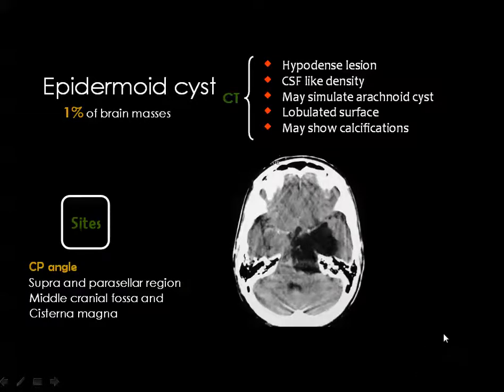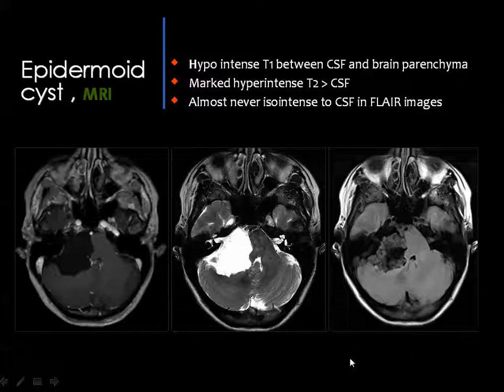In the epidermoid cyst, the main location is the cerebellopontine angle. And it has a lobulated outline and it has a creeping nature. It does not show contrast enhancement but may contain calcium. Epidermoid cyst may contain calcium. And if you have the FLAIR images, the epidermoid cyst will not appear black because it does not contain CSF